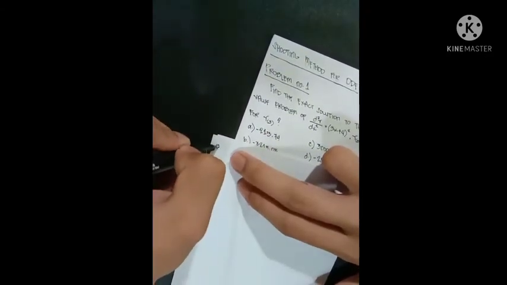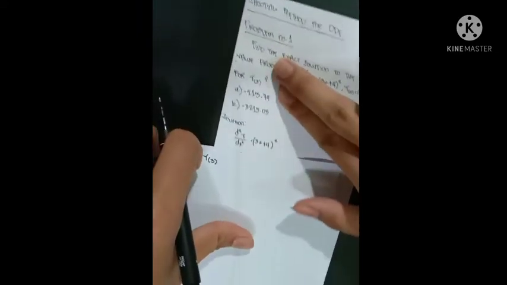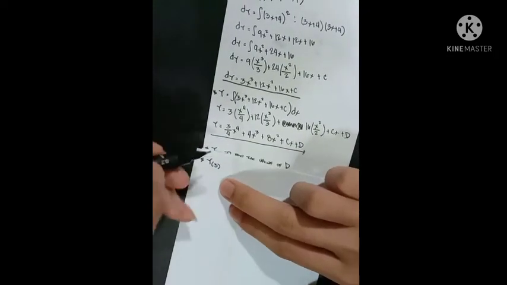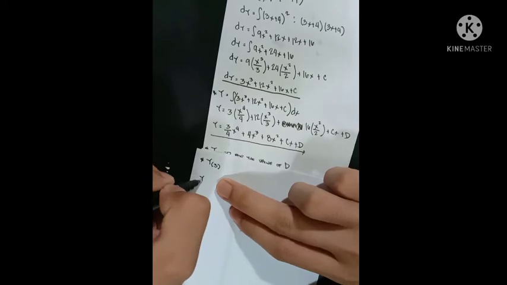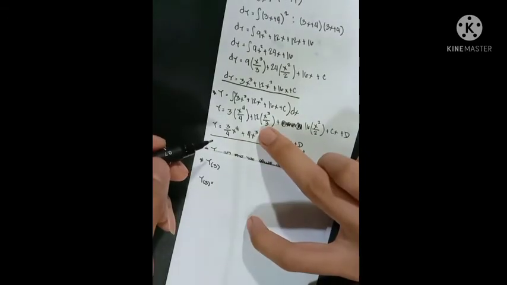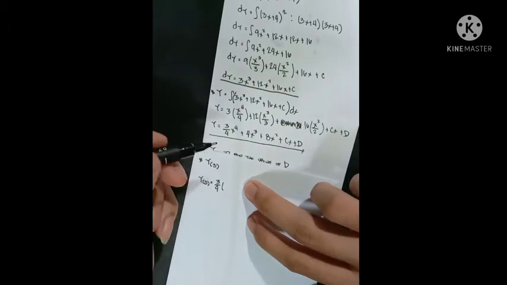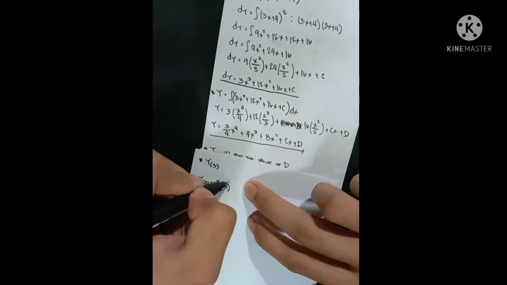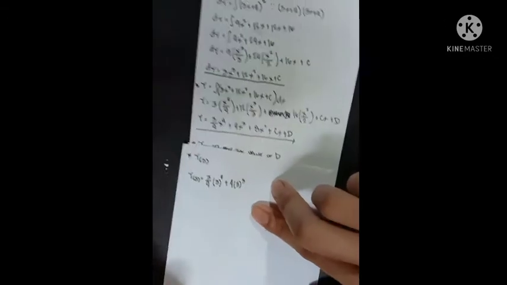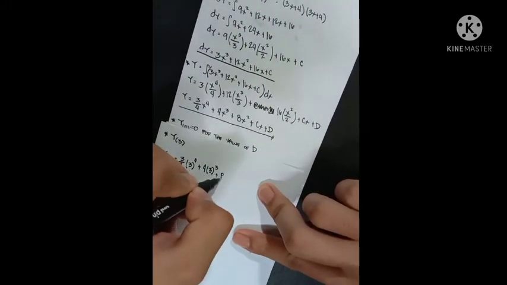So for y sub 3, our equation: y sub 3 times 3 over 4 times 3 raised to 4 plus 4 times 3 raised to 3 plus 8 times 3